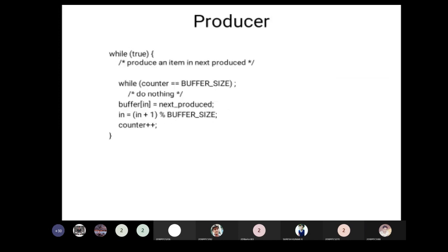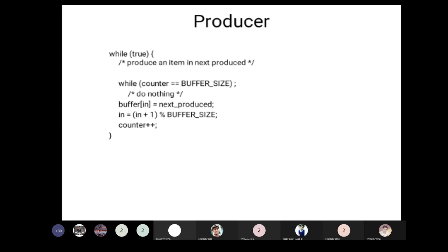Now taking the example of the producer-consumer problem. In this problem, the producer will be producing items and the consumer will be consuming the items. What is the need here to achieve process synchronization? Suppose the producer produces beyond the capacity or beyond the need of the consumer, then the extra items cannot be consumed by the consumer.